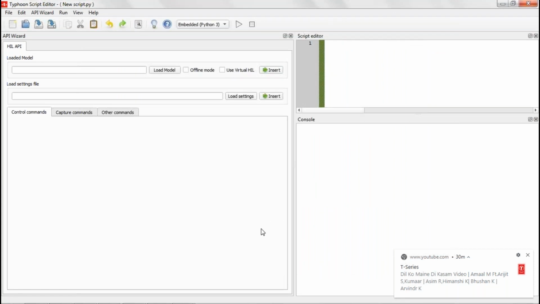So here you can see that there are three windows available. This is a script editor where you can write the script in text. Here it is the console, where you will receive the messages. Like for example, if I write